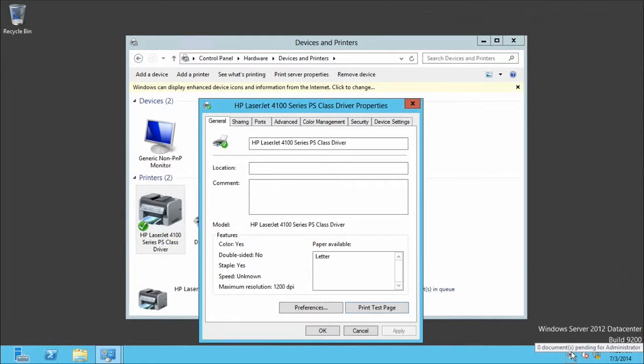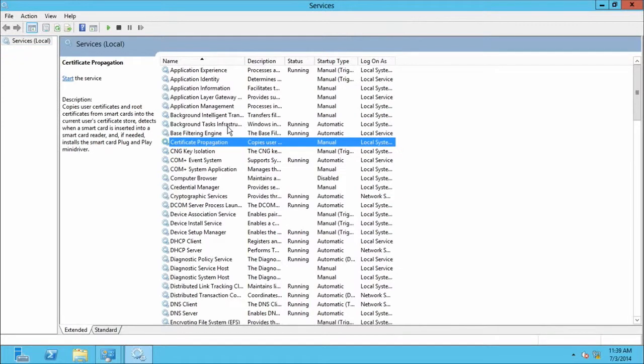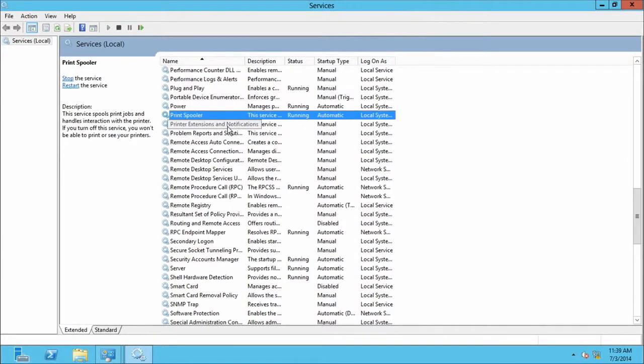Ooh, very valuable information. I don't know if I can give it the right way because it would violate some of our rules against testing. But a very valuable piece of advice: if ever anything is wrong with printing, anything at all, on any server or any workstation, something's not working, restart this service. The end. Ta-da. This will fix 90% of printer problems. If the printer was working fine before and all of a sudden it stopped, restart this, it's probably going to fix it. Which brings us to the print spooler